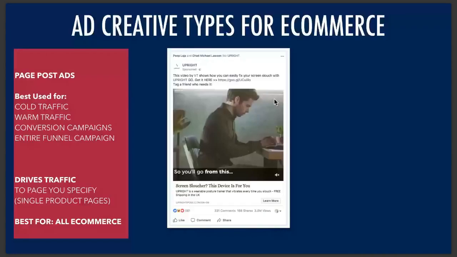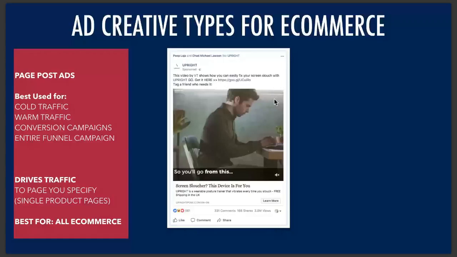So this is one of the ad types. This is going to be the most common ad type you're probably going to use. They're called page post ads. You would typically share a link on your site. It could be a video within it, an article, a product page, or a collections page. It's pretty much your call to action at the top, your link, and a captivating image or a